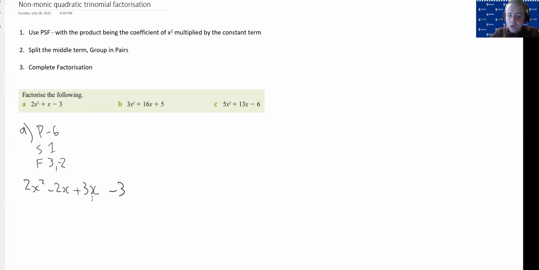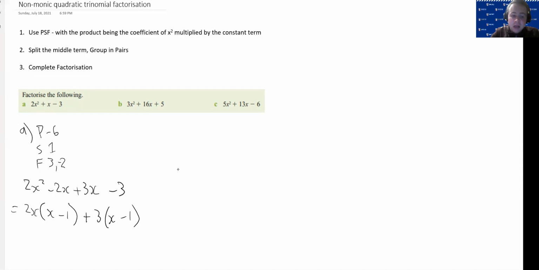We've just written it in a new way, which will help us group in pairs. So I can take a common factor of these first two terms of 2x, and I get x plus 1. And then I can take a common factor, minus 1 it should be. So it'll be x minus 1. And then I can take a common factor of this next two ones of 3, and I get x minus 1 as well. And now we can see that x minus 1 is a common factor between these two things,